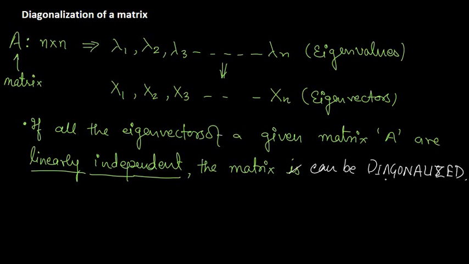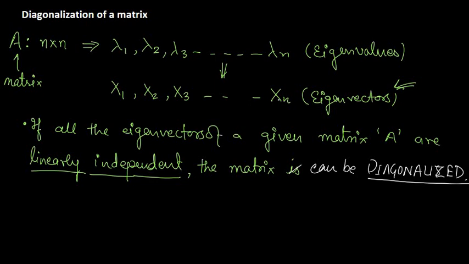Linearly independent means all are independent of each other; there is no dependence among the xi's. So this is a necessary condition for a matrix to be diagonalized. Not all square matrices can be diagonalized. They can be diagonalized only if they have these independent